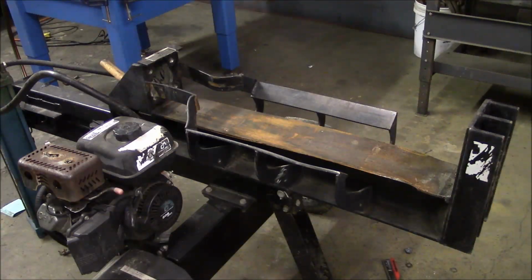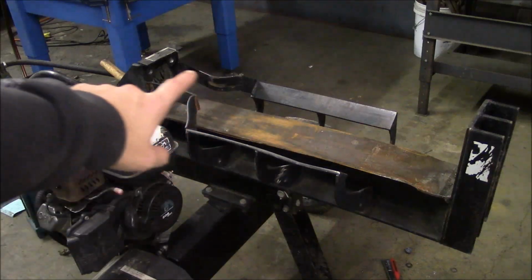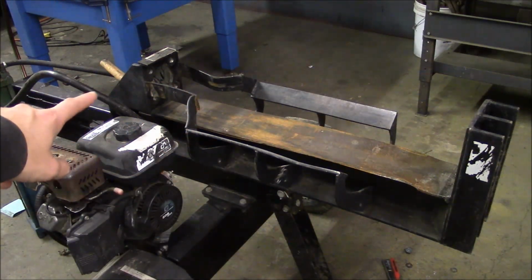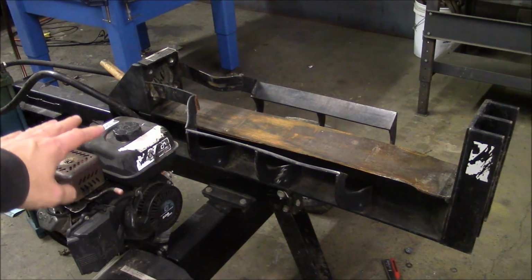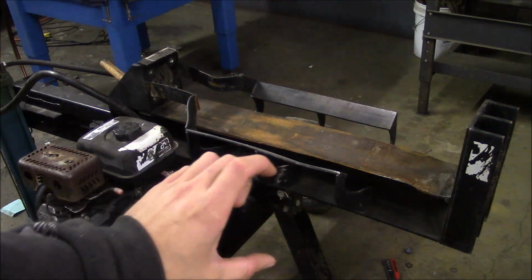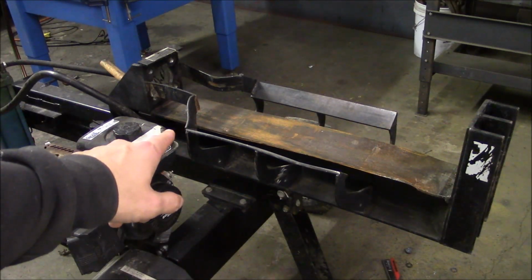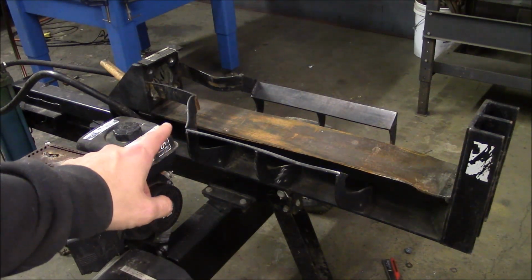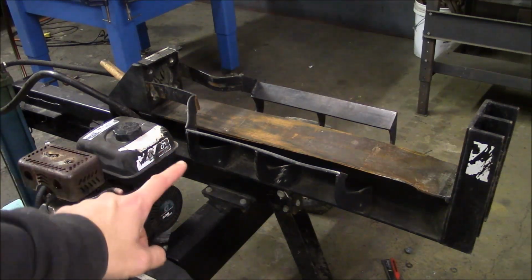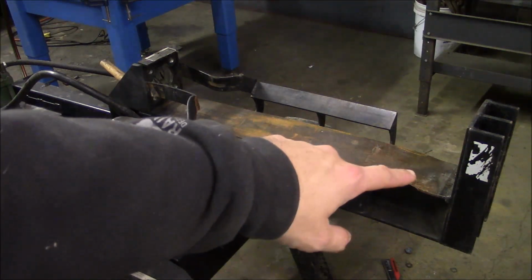Okay, I think I changed my mind about how I want to fix this. The problem is I had to re-engineer this foot and the cylinder mount bracket. All that stuff has to be re-engineered if I change to a taller beam. Also, the flange thickness on this beam is 3/8, and on my other beam it's actually a little bit less. It's like 5/16. So anyway, what I think I'm going to do is I'm just going to chop this top